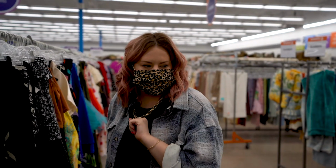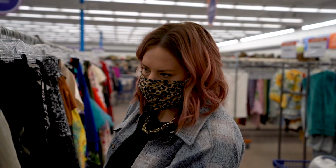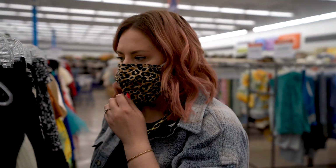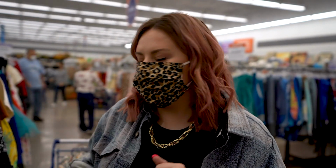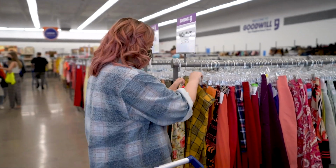Okay, so disco home party is also a thing in 2021, which I love. Dress up for yourself at home. So we're gonna try and go find some disco pieces. So some sequins, some silver, some metallic. We'll see what we can find. So I had to stop. We're looking for disco moments, but